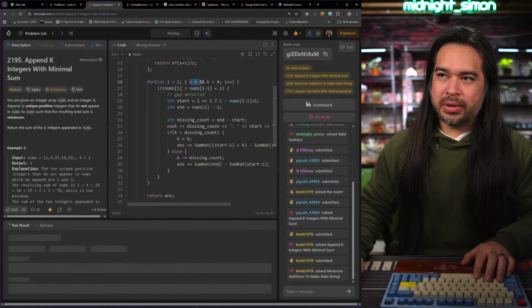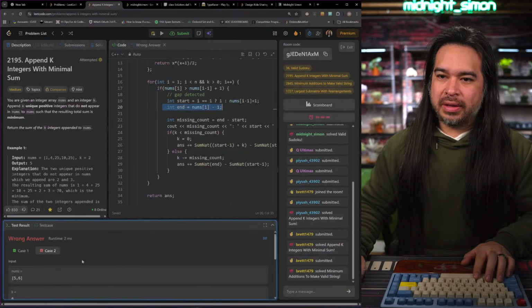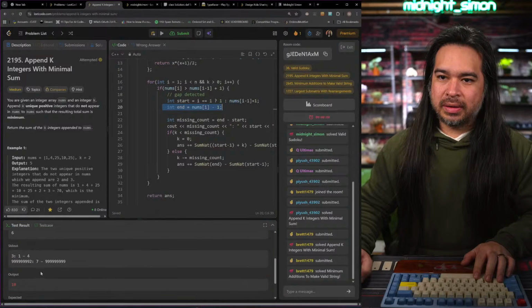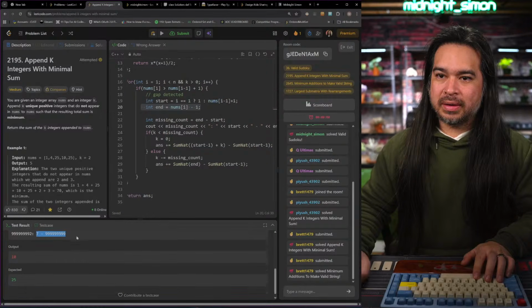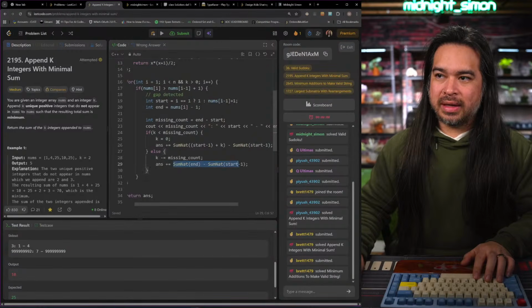Maybe that was a bug. But I'm feeling there's a lot of missing there for sure. From 7 to that, yes, that's correct. But then it doesn't do any of this adding because